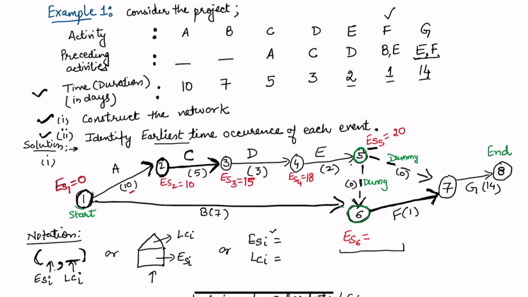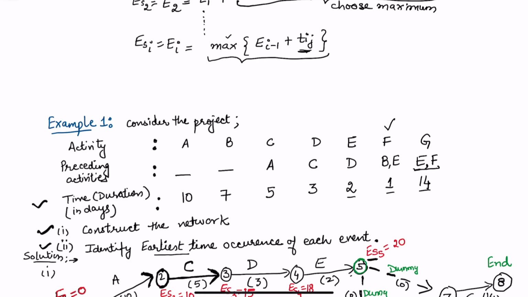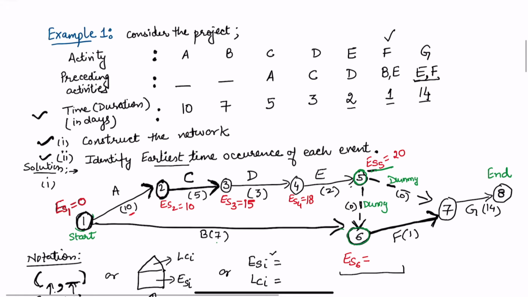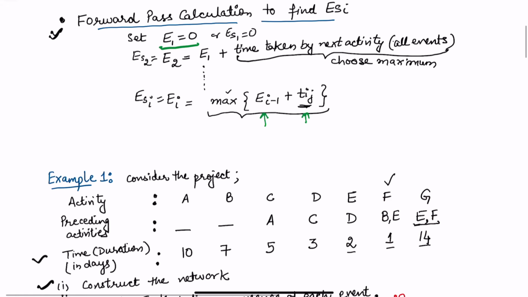So if I look at the formula, what we have done is the i minus 1th node, which is one step beforehand, plus Ti. Okay, so maximum of this, because we are adding the time, and then we have to see from which node they are coming. So if I add this, this is ES1 plus 7 or ES5 plus this. So this means 20 plus 0. Okay, so this is not only i minus 1; this is for all i. So I have to add here for all i. That means you need to compare actually all the previous nodes.